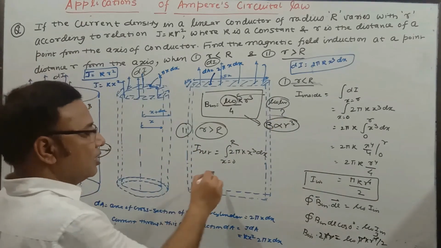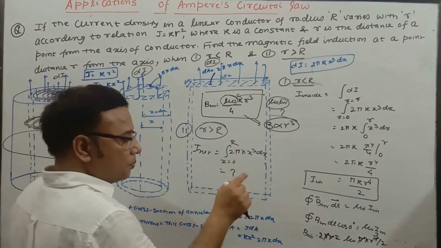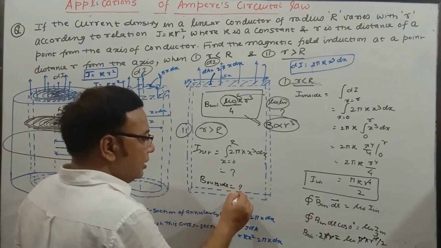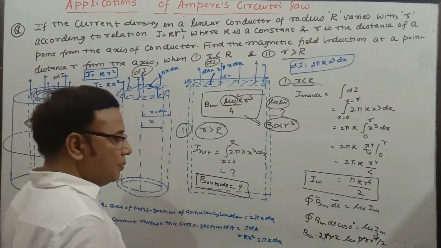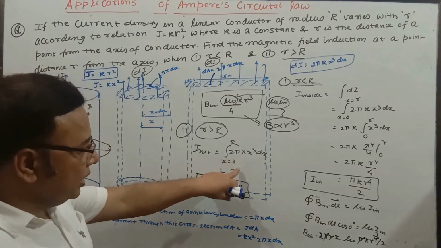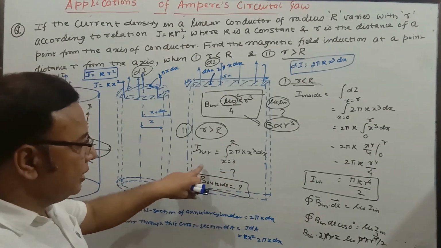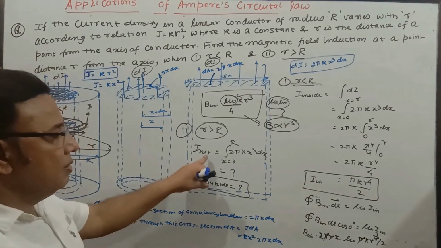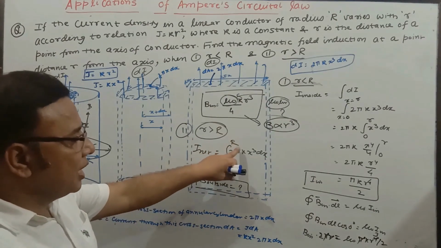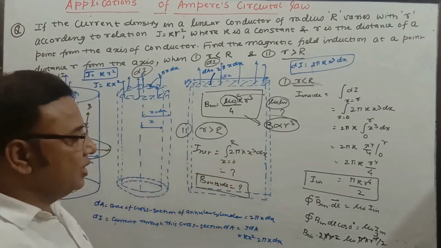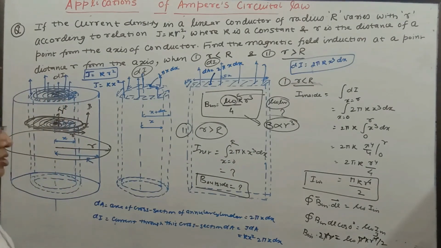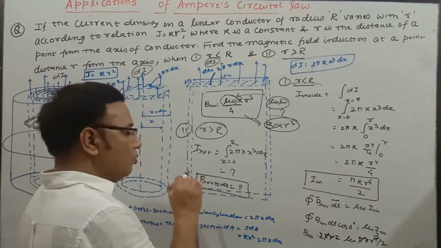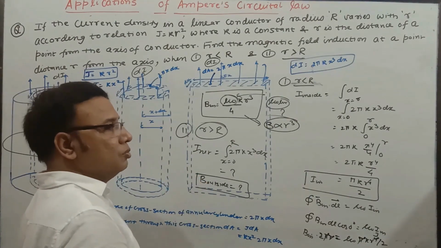So try to draw a graph. After solving this I net, you just put it in to find B outside. Using Ampere's circuital law, you calculate I net, put it in integration B dot dl equal to mu naught I net to find B outside. Here I will be constant. You know why? From 0 to capital R it is constant. So after integration you put the value of capital R, that is a constant value. So there is no such change in current here. Try to find out the value and how the graph is going to be produced.